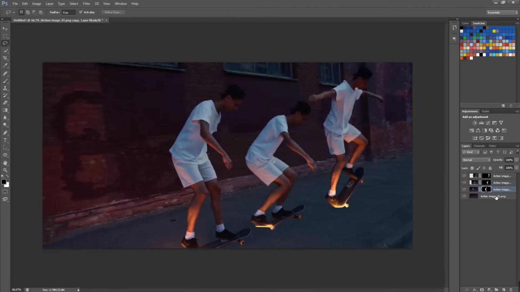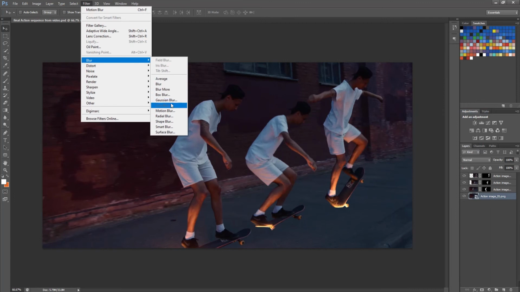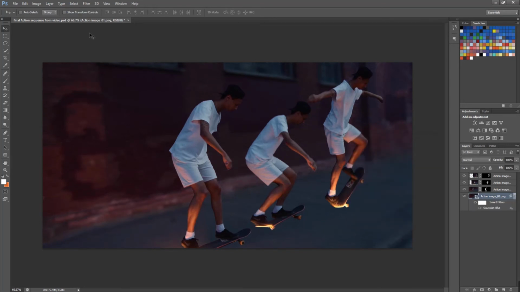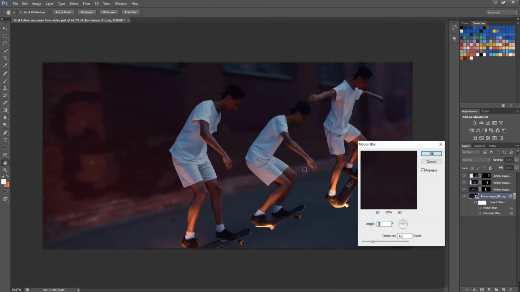Now we have all three man sequences along with a single background separately. Select the background layer and make it a smart object. Now apply a Gaussian blur on it. As the man is moving, technically the background must have that moving effect as well. For this, I'll apply a motion blur on it and adjust its value as per the requirement.